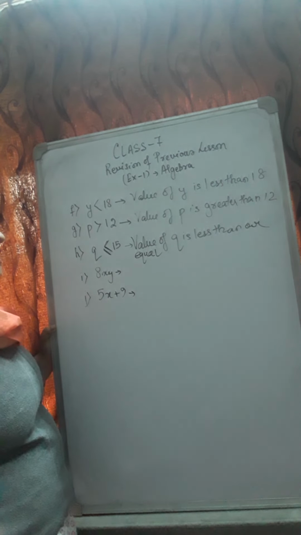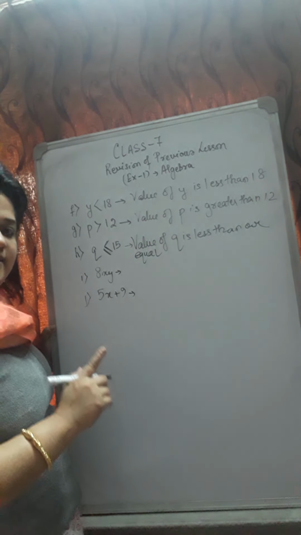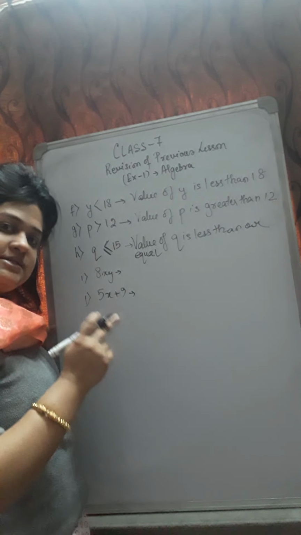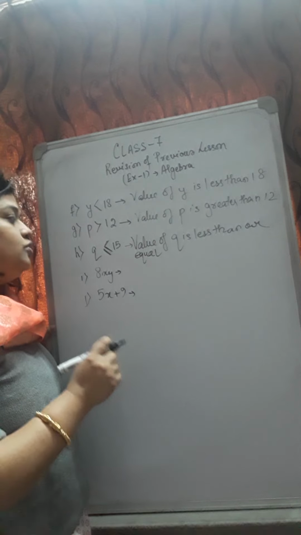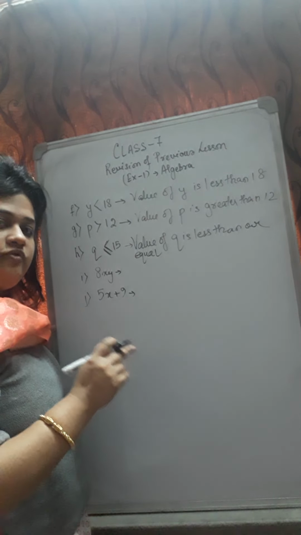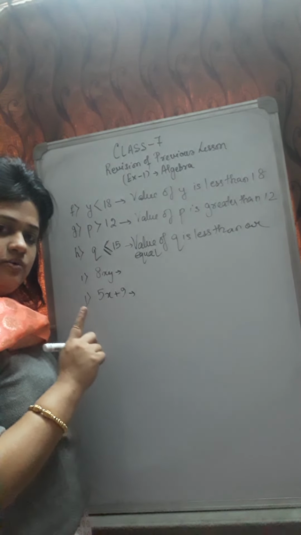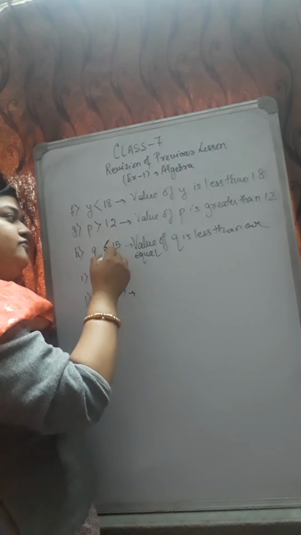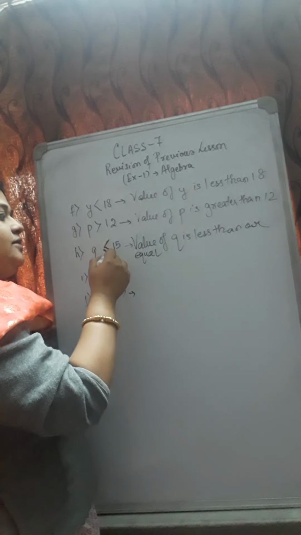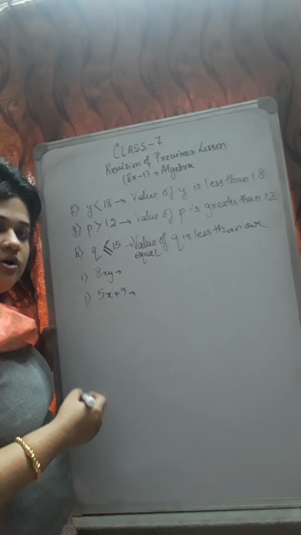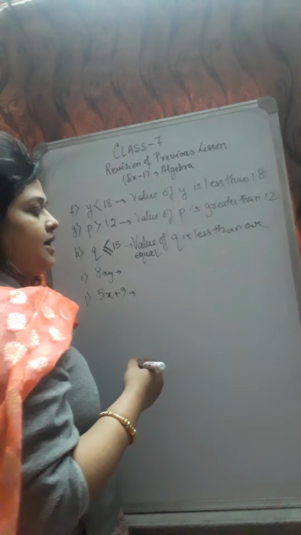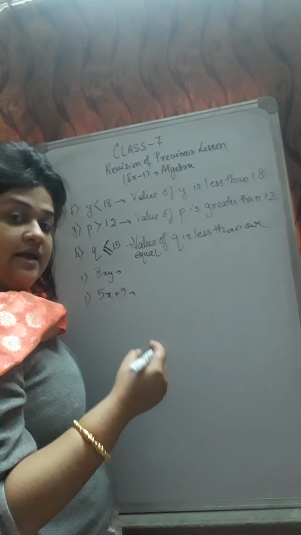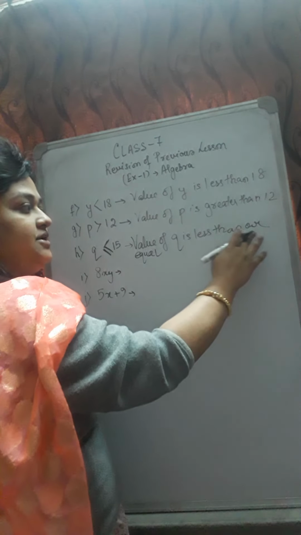Why do we write or? We cannot write and, because Q will take one value at a time. So either Q value is, suppose 13, it is less than 15, or Q will be equal to 15. So Q can take one value at one time. Either the value is less than 15, or the value is equal to 15. Both cannot happen at the same time. Q cannot take the value 13 and 15 at the same time. If it was possible, we would have written and.